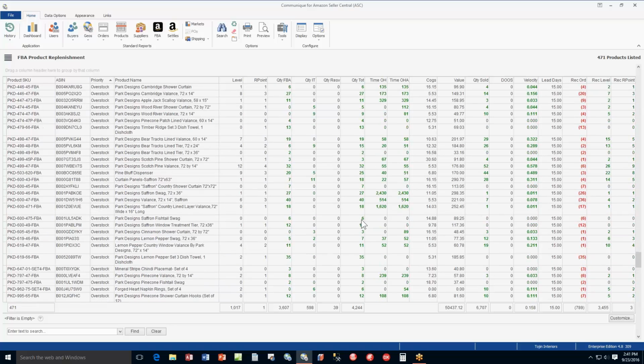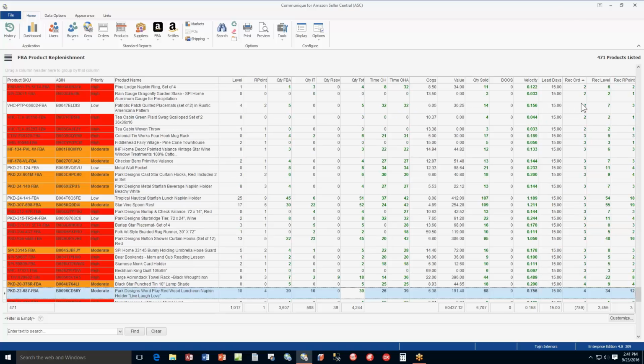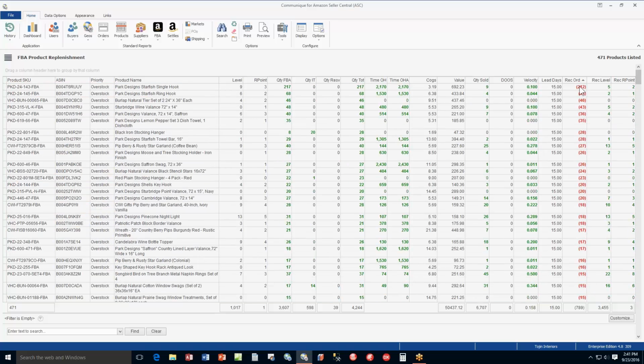Yeah, and quite frankly, I don't know what your storage fees are since the beginning of the year, but what we just looked at is an account that has $3,700 worth of storage fees. When you consider the price of the software, you'll be able to identify what those products are that are languishing. We can sort on the recommended order column right here. So these mean that you're 212 units over what you need based on sales. Your quantity FBA is 217, and then you'll look at your time on hand. Your time on hand based on sales is 2,170 days. That means with a quantity on hand of 217 based on sales,